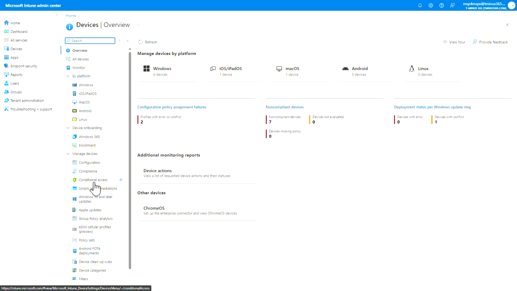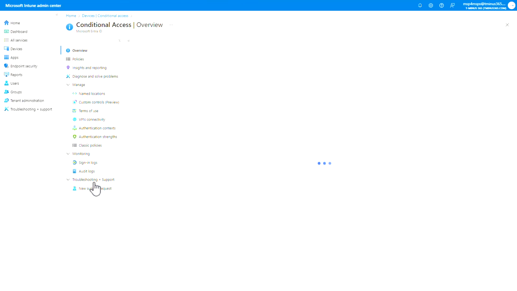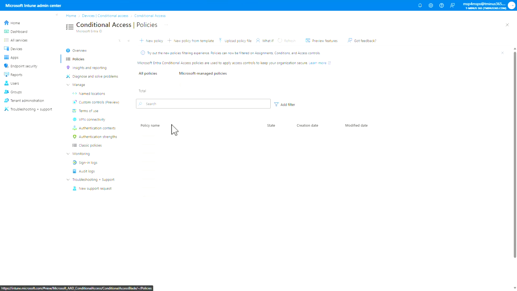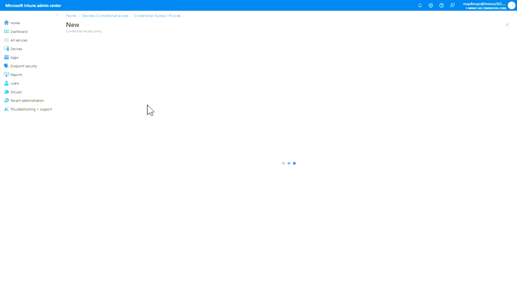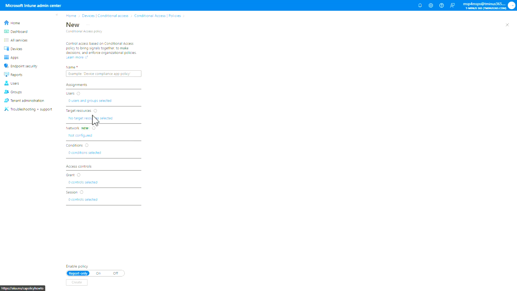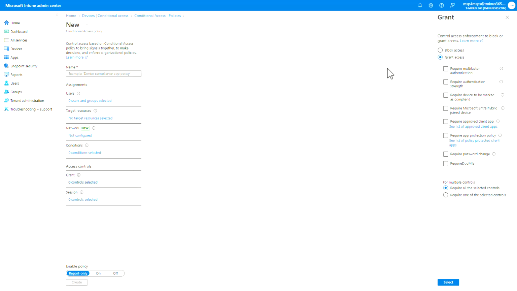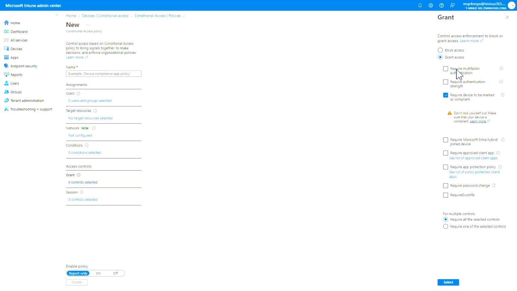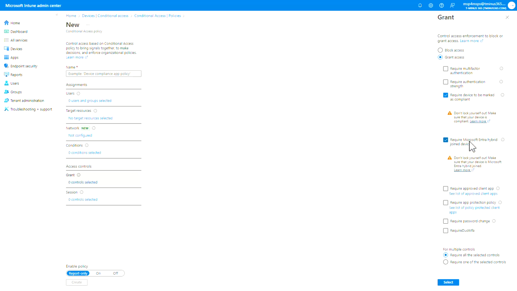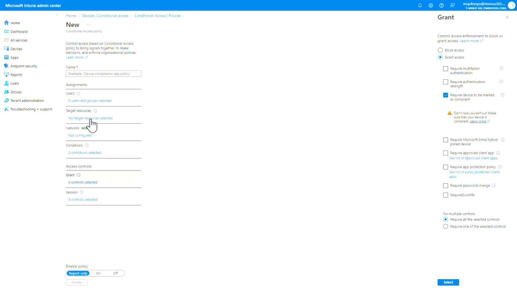you can go into conditional access, and you could basically create this policy within here. And this is one of the most restricted policies, I will say. So you have to be prepared to support this from an operational sense, but under your grant controls, you would say the device has to be marked as compliant, right, for you to be able to do that. You could also say the device has to be a required Microsoft Entra hybrid joined device, or you could say within the other targeted resources or conditions here